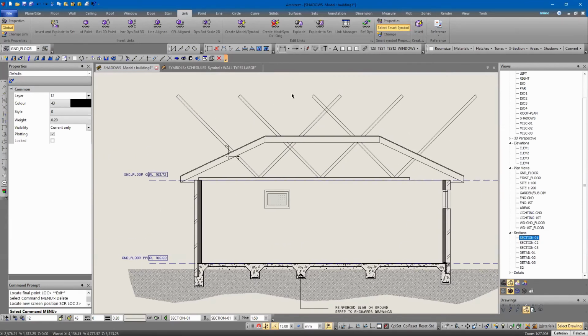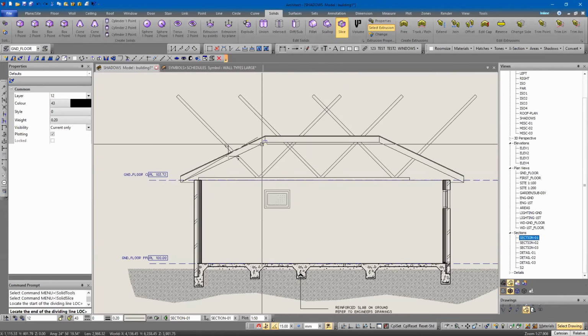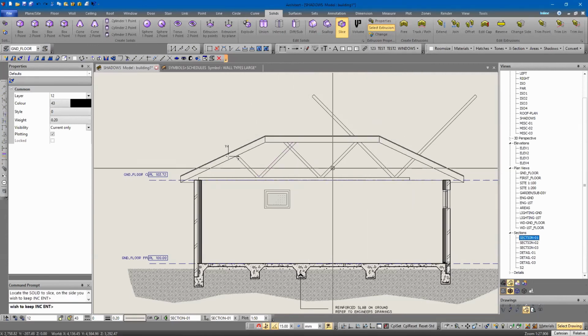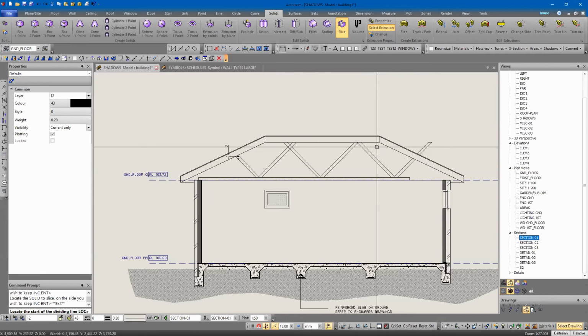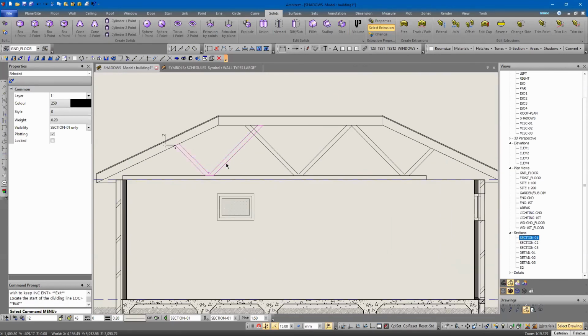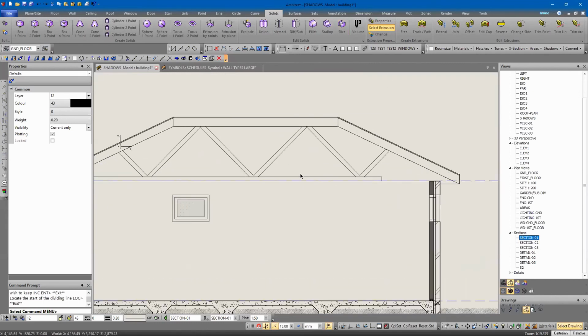Bit of a wacky looking truss, but because it's solids, I can go slice from here to here and keep this bit, slice along here, keep this, keep this, keep this, and slice down through here. There's my trusses done. Whoops, wasn't quite right. Let's move him out. Back to the same sort of connection as that one, whether that's right or not. We're showing principle. There you go, slice him off, and